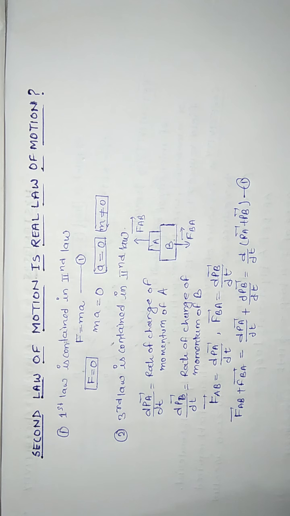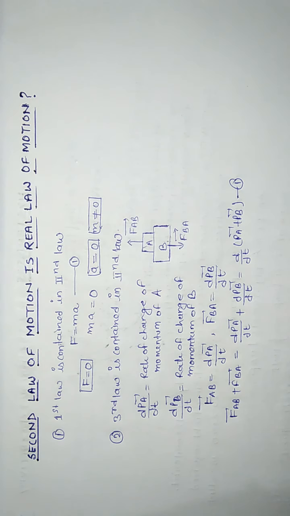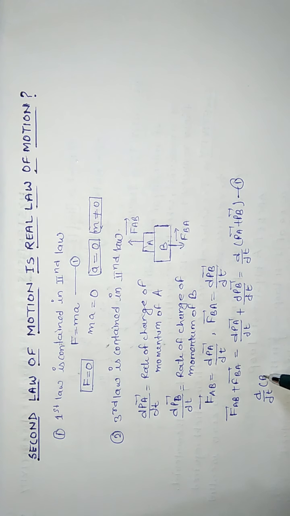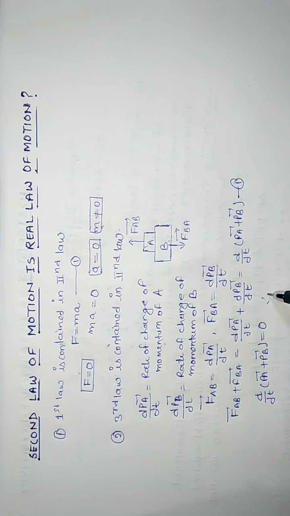Now if no external force acts on the system, then the rate of change of momentum must be zero. This means d upon dt of (PA plus PB) is equal to 0, and this implies